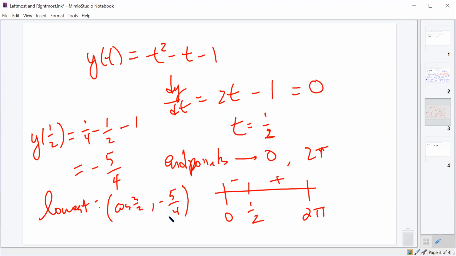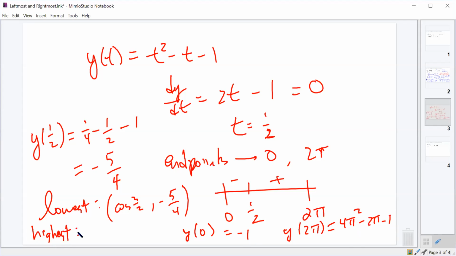And then our highest point will be whichever is larger of 0 and 2 pi. So what's y of 0? Y of 0 is negative 1. And y of 2 pi is 4 pi squared minus 2 pi minus 1. I would have to think that 4 pi squared minus 2 pi minus 1 is going to be quite a bit larger than negative 1, right? So our highest point